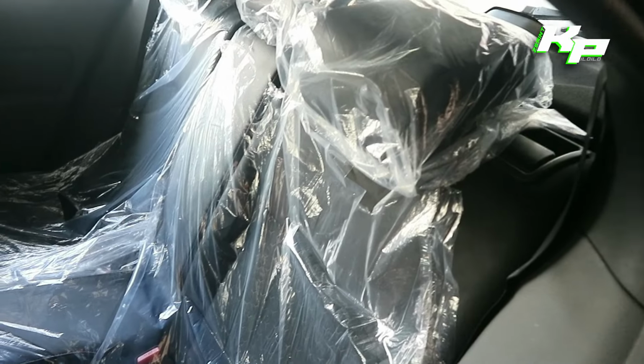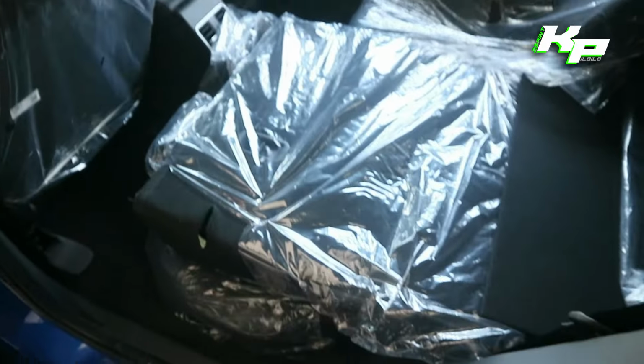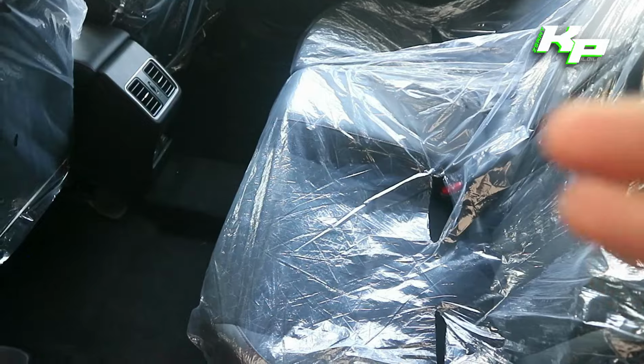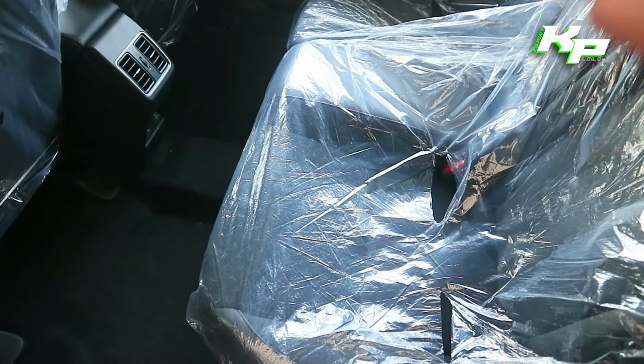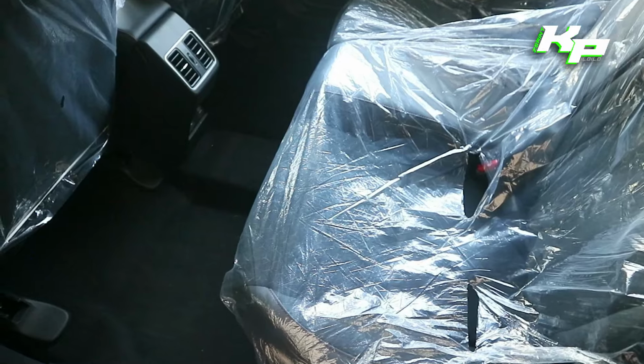So in order to fold the rear seat backs of this hatch, grab this lever right here, pull, and drop the seat back down. If you want to access more cargo items right in this car, if you don't have passengers seated at the back,